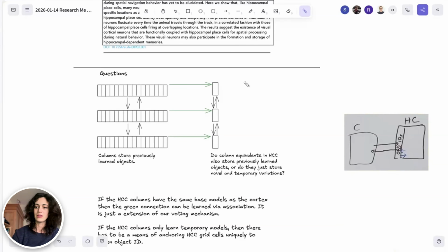But then the features at location part doesn't have any connections back to the cortex, and this is what is invoked by the object ID and can be learned temporarily in the hippocampus. We wouldn't learn feedback connections from a specific location in hippocampus back to cortex, but you can just invoke the object ID, and then that can invoke the already temporarily learned model here,